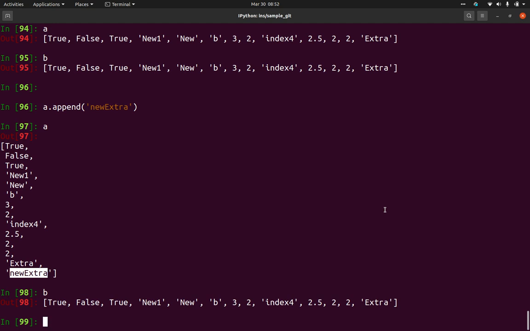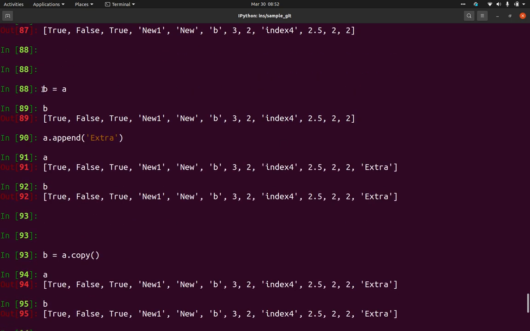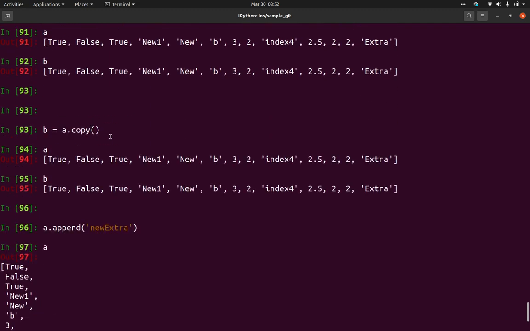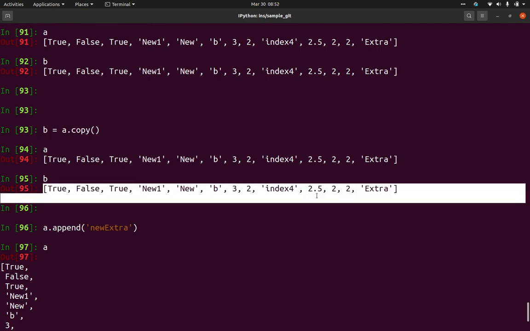We are not linking A and B. If you use the simple assignment operator, B equal to A, then it links both. To avoid that we use A dot copy, so that it creates a completely separate list. It will store this list in a separate memory space and assign it to B.